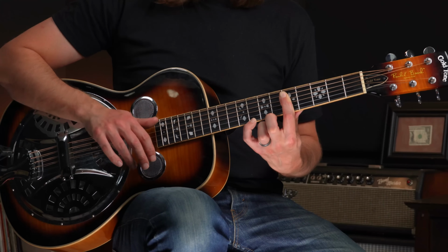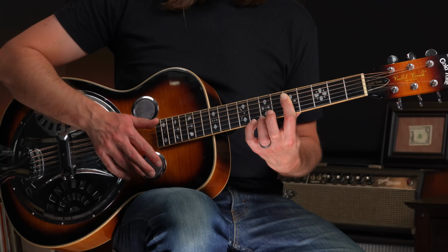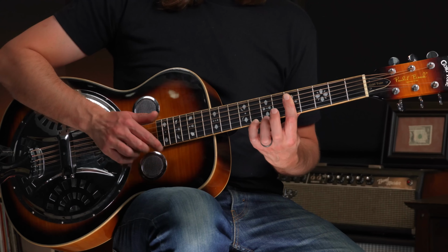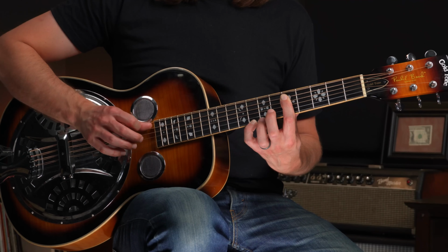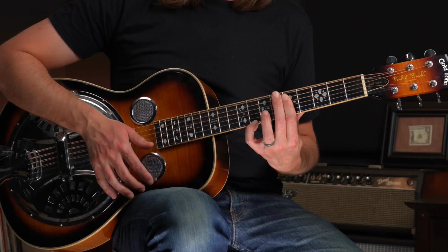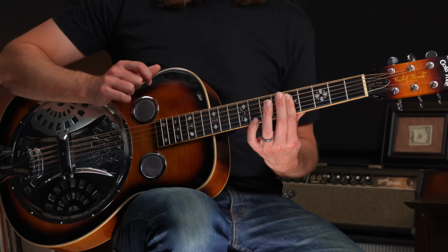The C7. We really get that C7 sound happening here just by putting the little finger, or another finger if you want to reach that far, but I'm using the little finger on the 8th fret of the 1st string. And what I'm going to do is frail, and then go back to the bass on the 5th string. Then I'm going to do a frail brush up for the 4